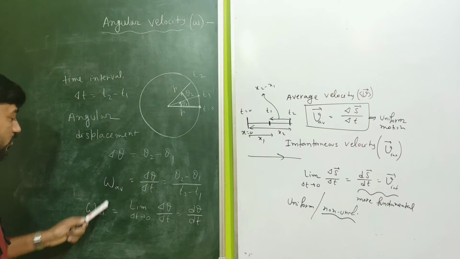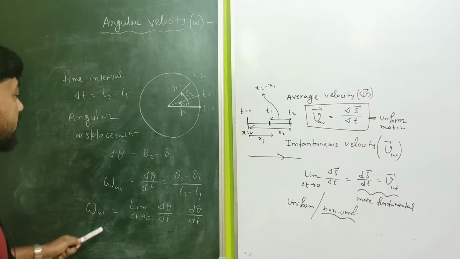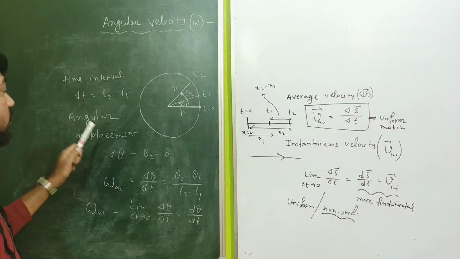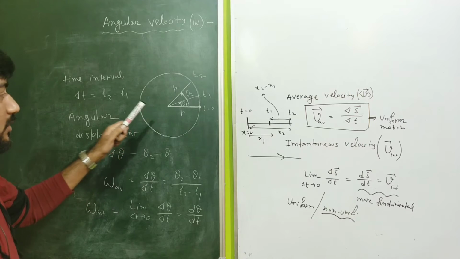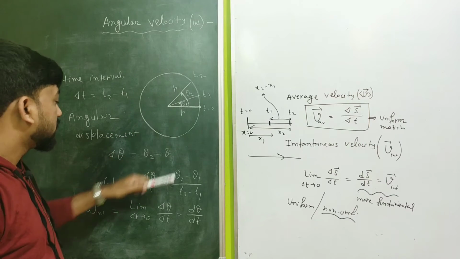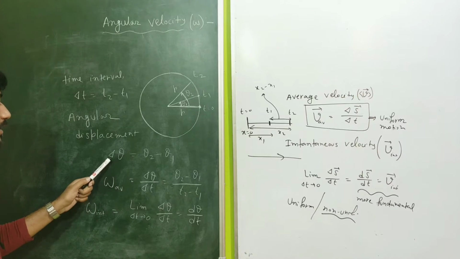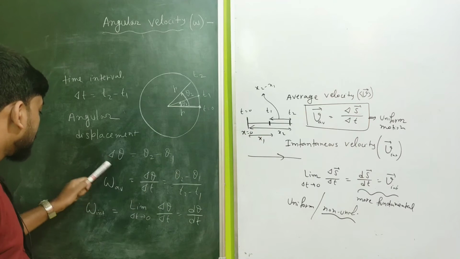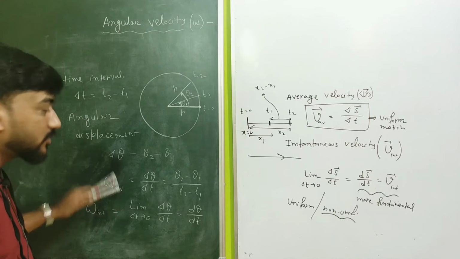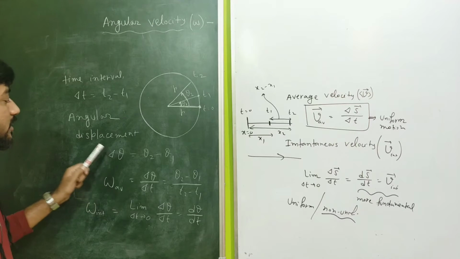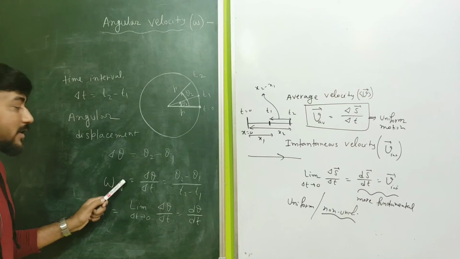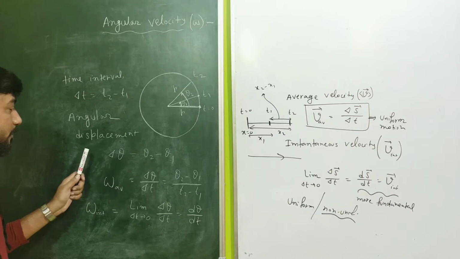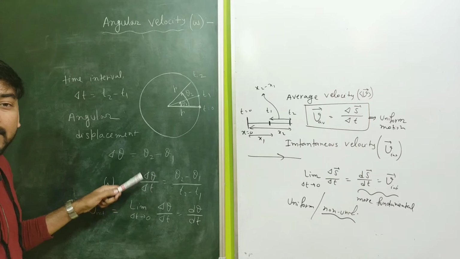Now the question is, is omega scalar or vector? Obviously omega is a vector quantity, because we have earlier said that if we talk about small angular displacement, then this is a vector quantity. So when we talk about these things, these all are small quantities. I have written here del theta just to compare with this. But if you talk about angular velocity, as this is a vector quantity, then del theta must be small, because I have said earlier that del theta will be a vector quantity only if it is small. If you can't understand from here, you can see the previous video.